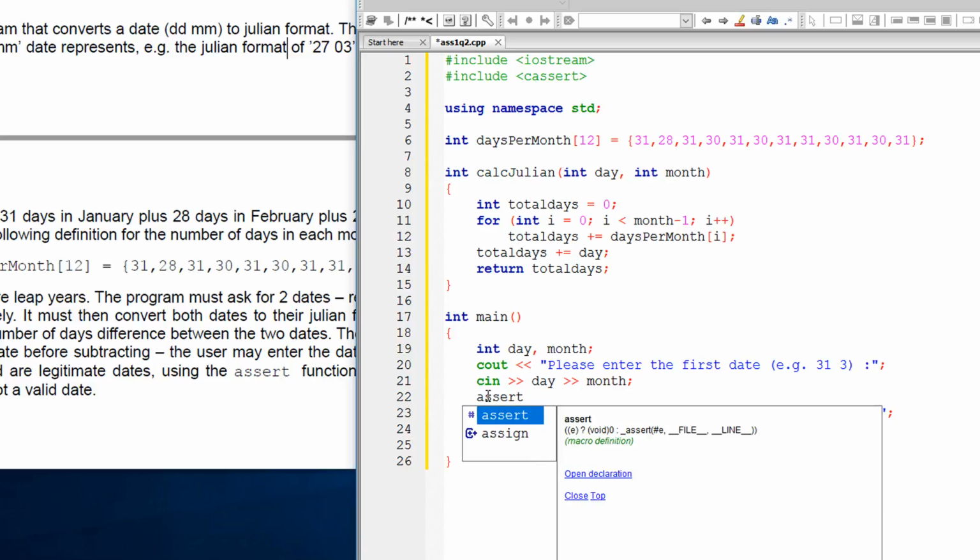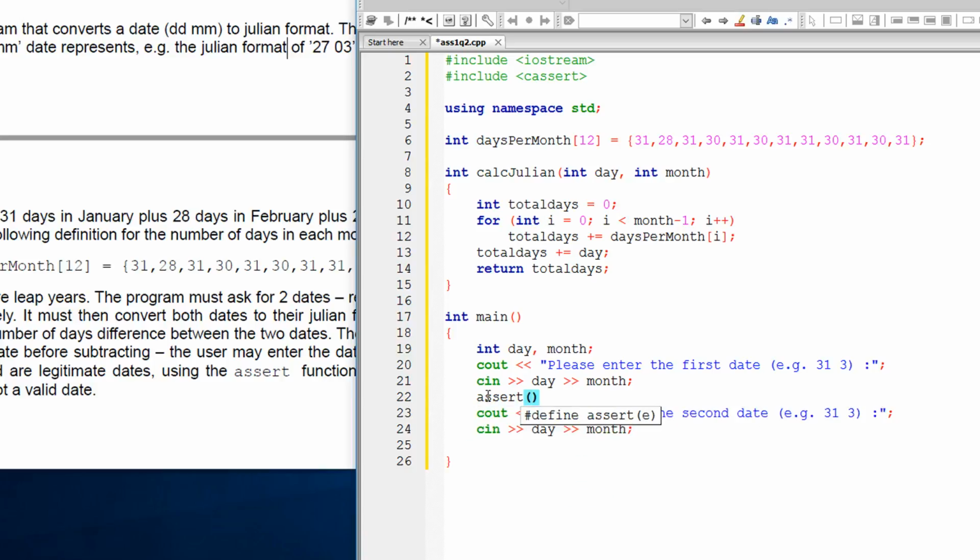We add our assert function here, and we're basically saying, if day is greater or equal to 1, because you can't get a 0 day, and the day is less than or equal to our constant per month, and then we're using the same value as what we're using here, month less 1,